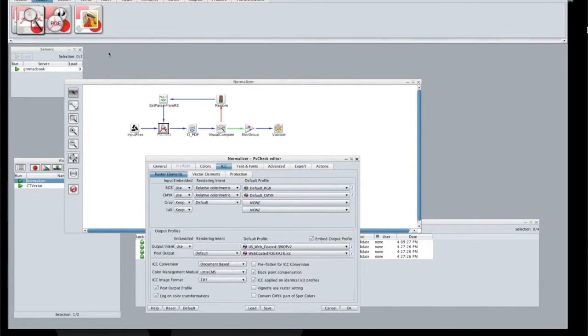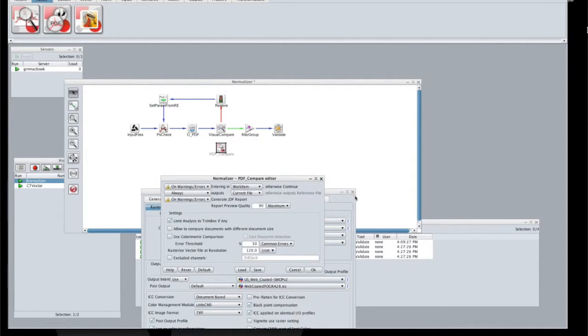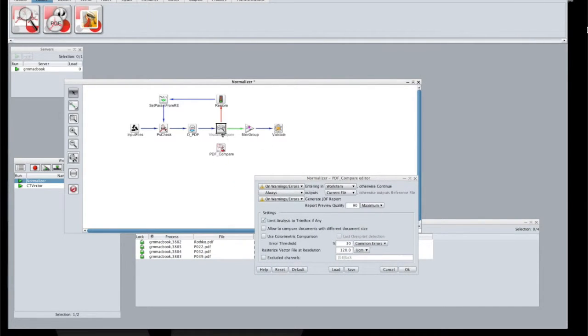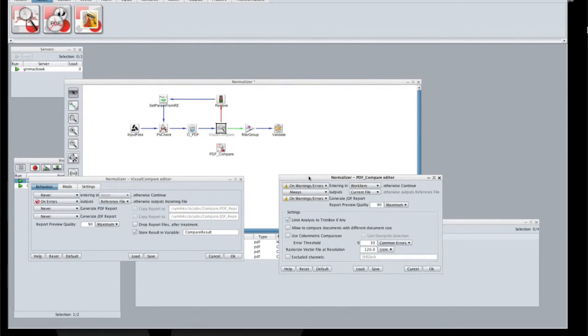As a reminder, the PDF compare is based on the Adobe Print Engine. So in Twist it requires an additional license, but it's true that as it uses Adobe Print Engine, it can certify your file and simulate more or less the same output as a RIP, a Kodak or an Agfa RIP would do for plating the file.